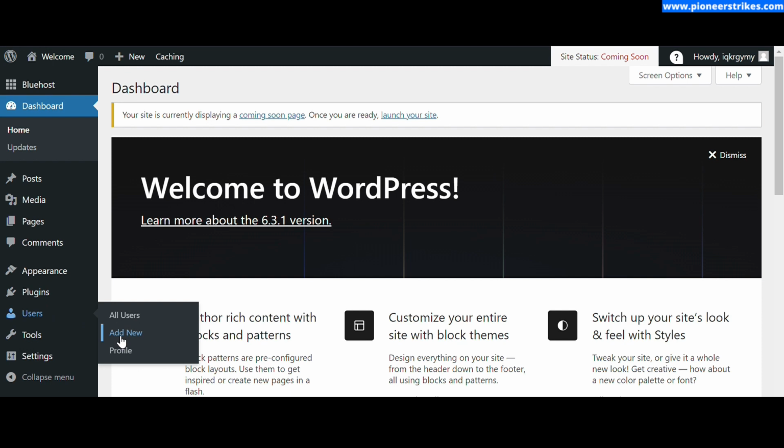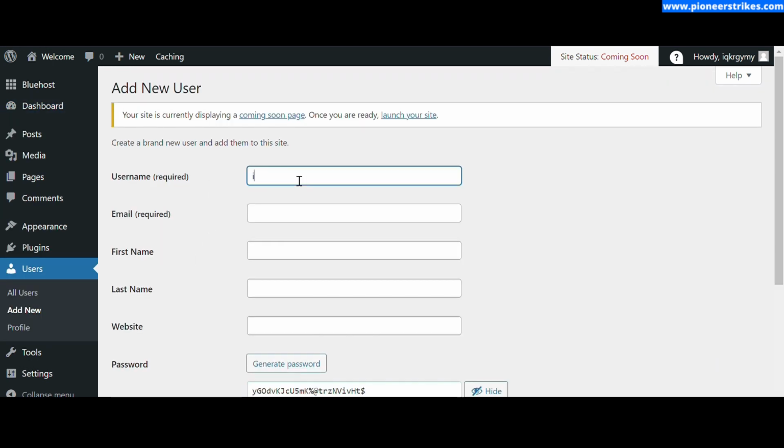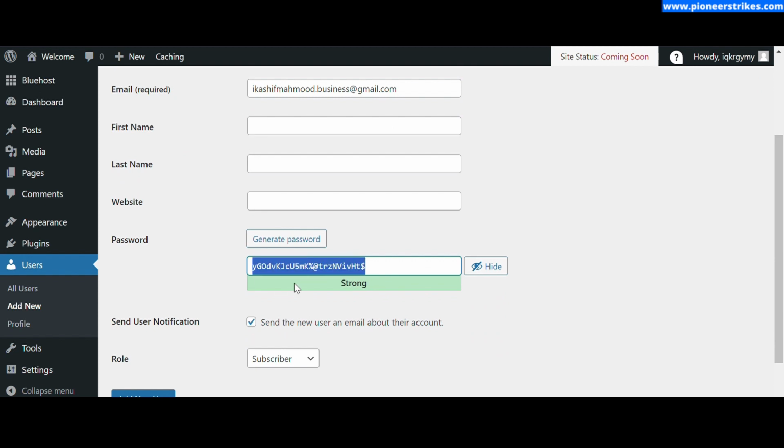So let's go to add new user and see. Let me fill in all the information first of all. So here you can see currently it is showing the password strength as strong, but sometimes it shows like password